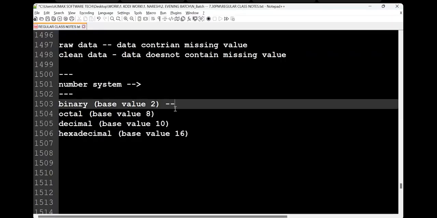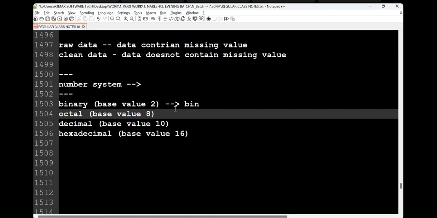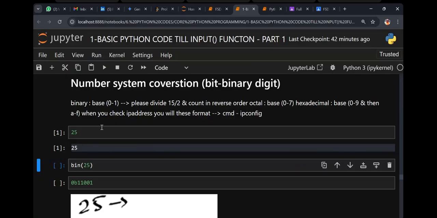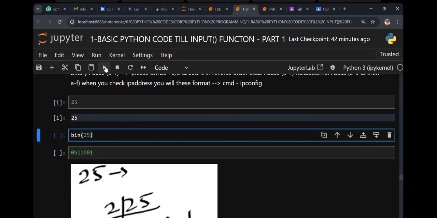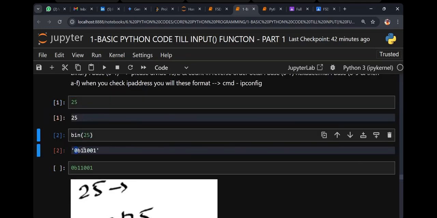Octal will be oct. Anyway, you check this: 25. When you say binary of 25, what happened? Do you see the values you got or not? But the question is how I got this value.